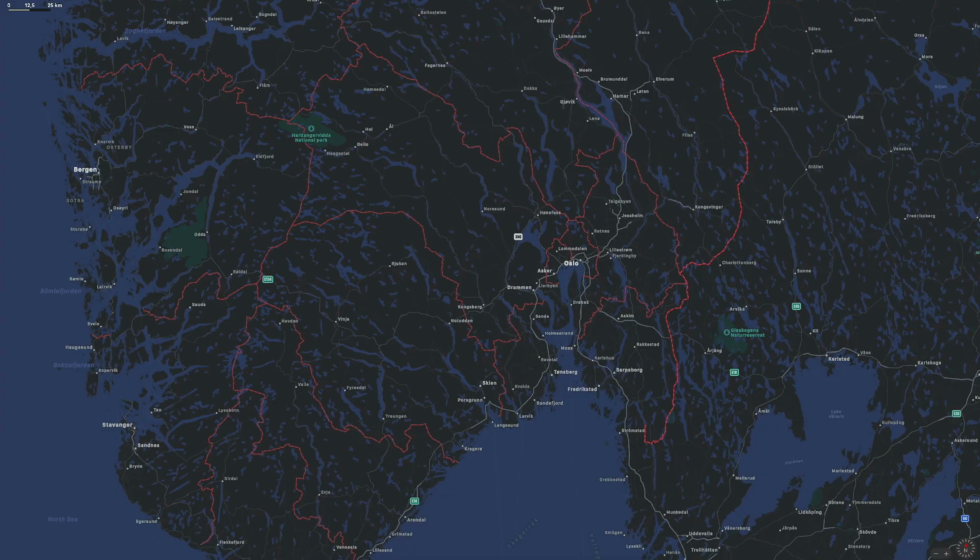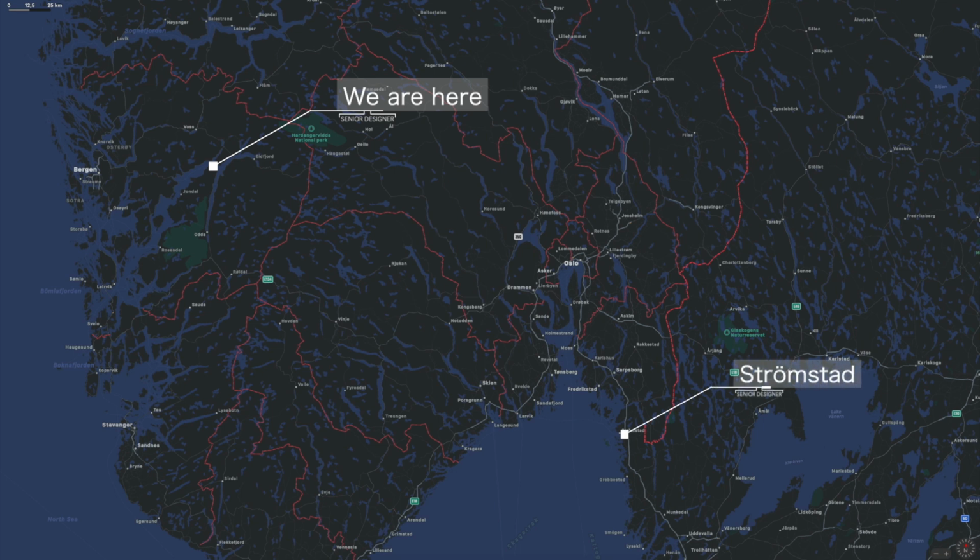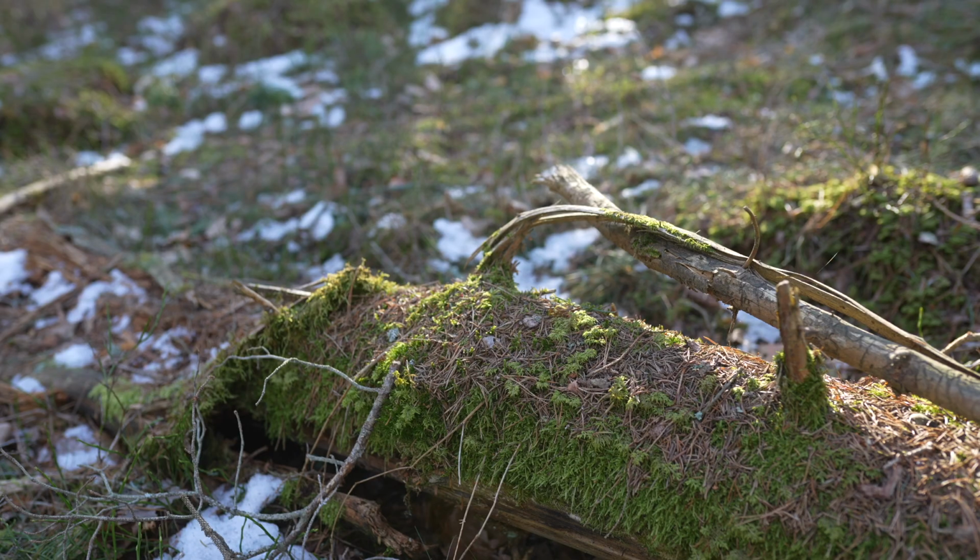I wish we could just sit here and have the ferry all the way home. I think it's an 8-hour ride home to Strömstad, where my car is placed. And I have to drive 4.5 hours through Sweden home to my place. And yeah, you know, when you're traveling and when you are on your way home, you just want to get home. I wish I could like...